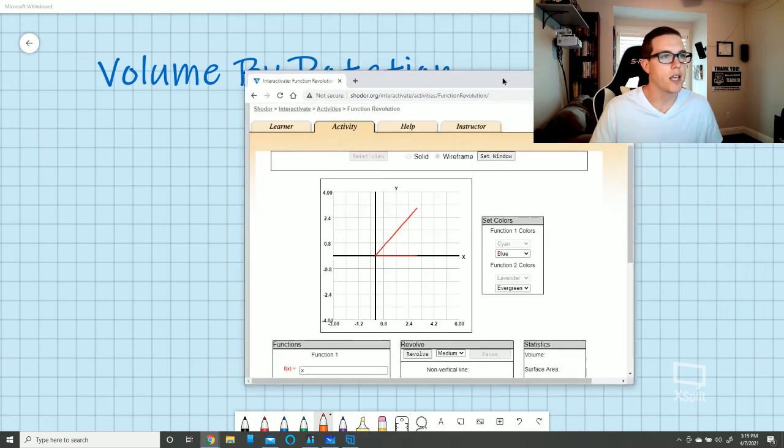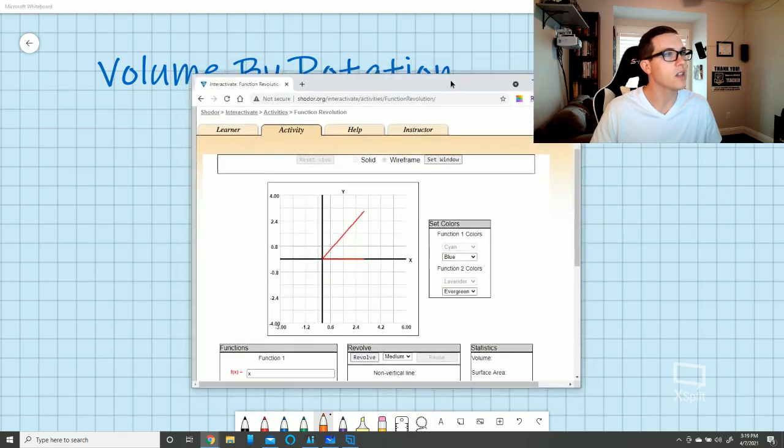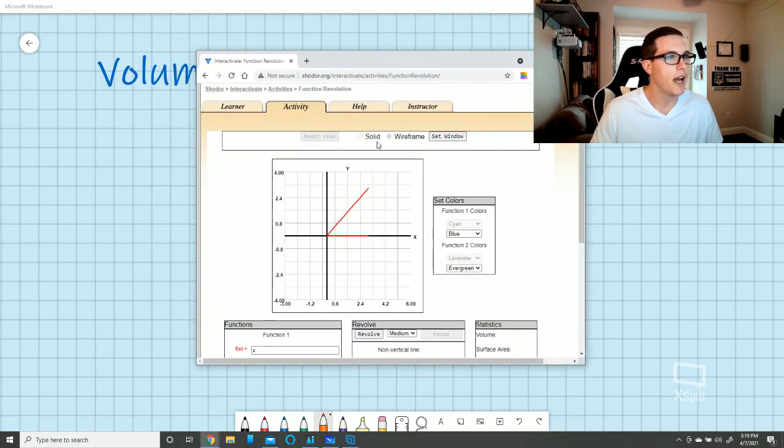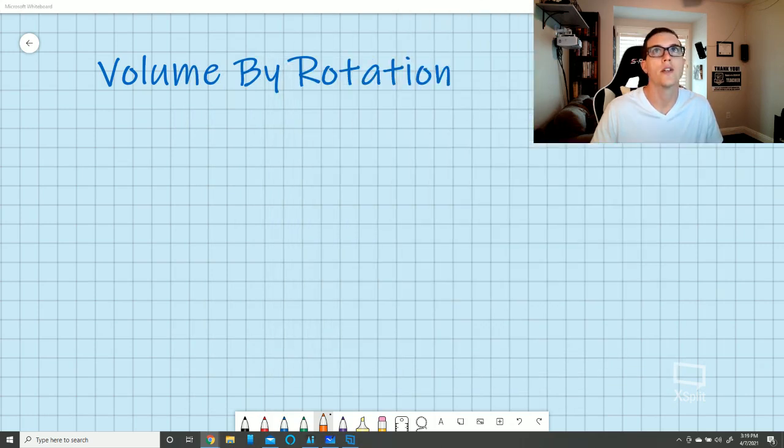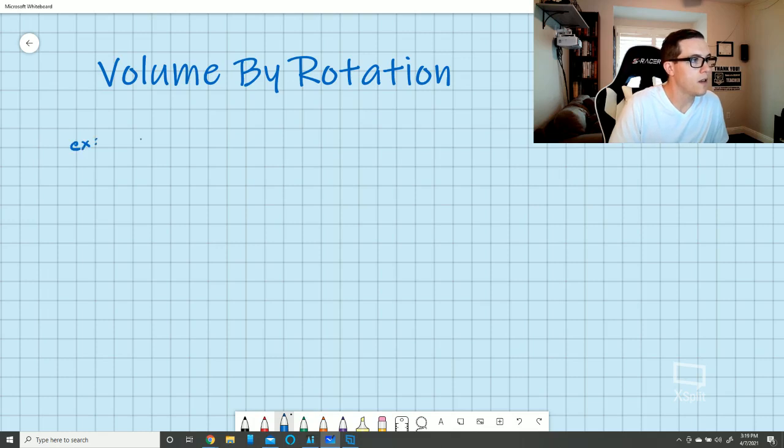Okay, so here's the idea. You ready? It's called volume by rotation. I give you a function. In this one, I have given you y equals x. So you'll see something like: given y equals x, in this case, that's your function, from x equals 0 to x equals 3. That's the setup. Find the volume